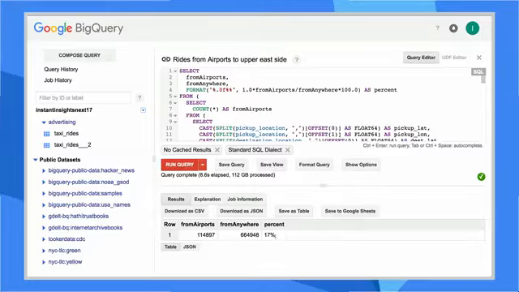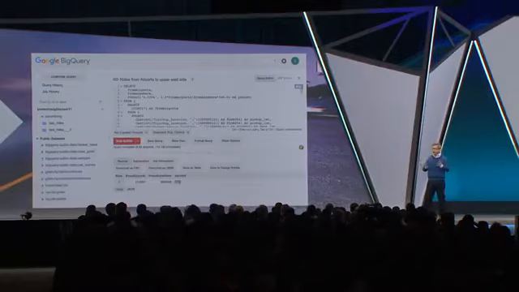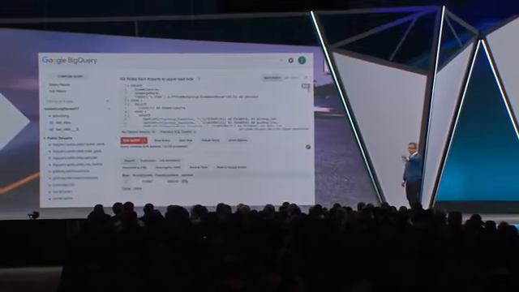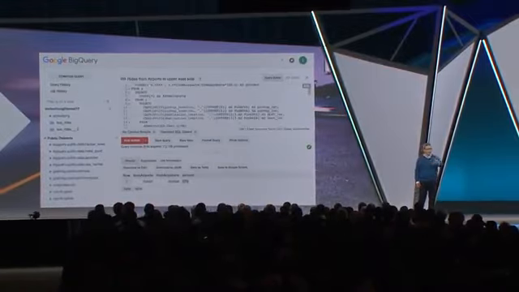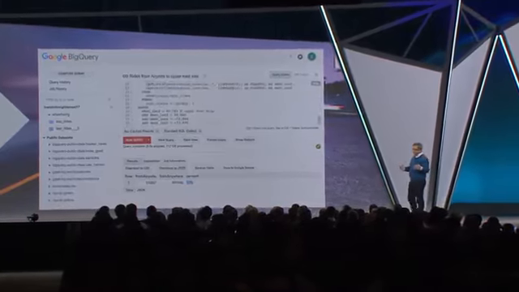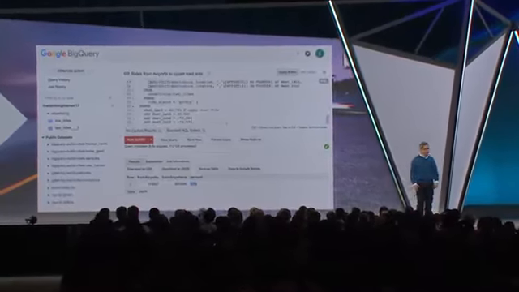In this case, we see that roughly 17% of our taxis are from the airport and near a restaurant. Well, that sounds like an insight that maybe we ought to do some ad targeting there. And if you look at this query, you can see it really is a non-trivial query, and BigQuery is handling all that for us. So right now, we are manually configuring these ads.